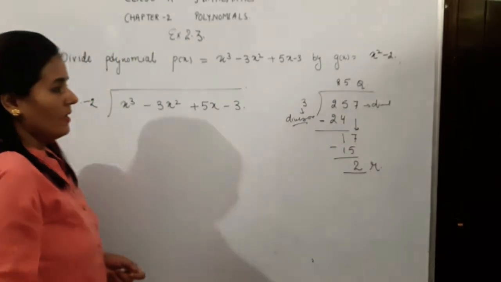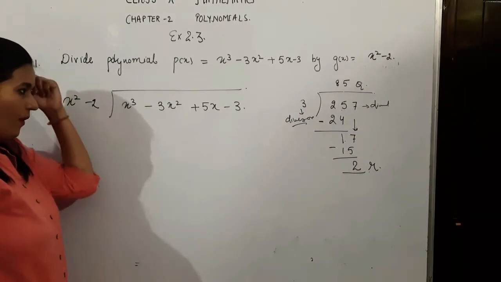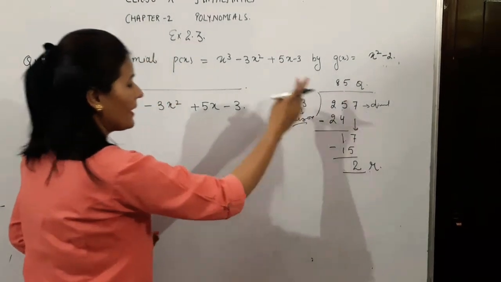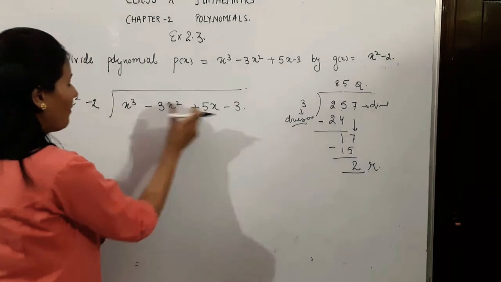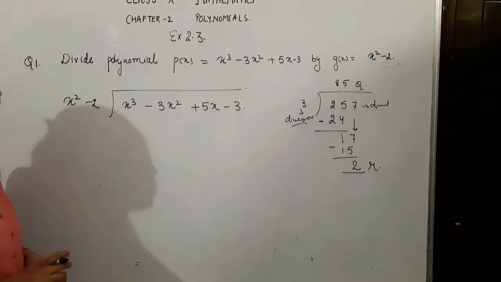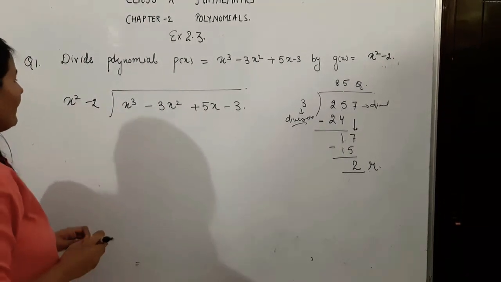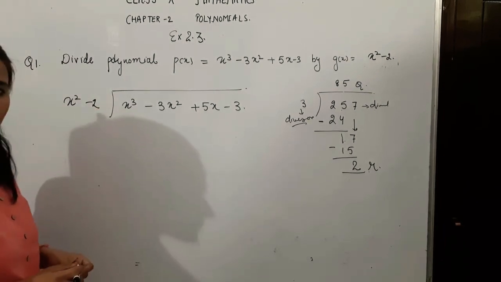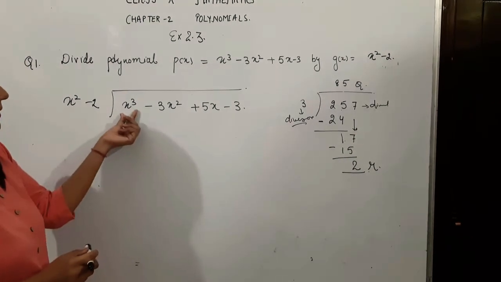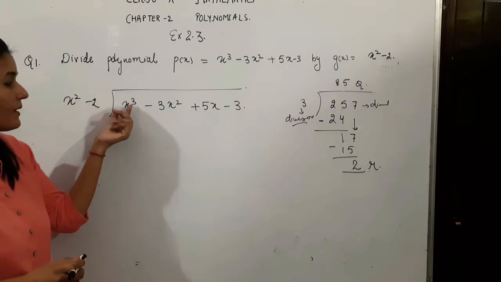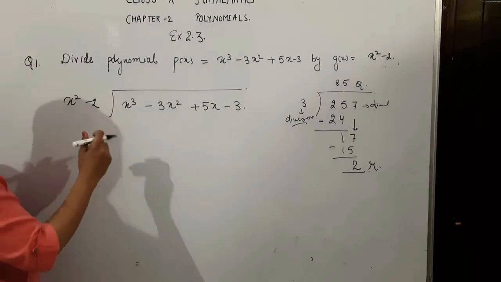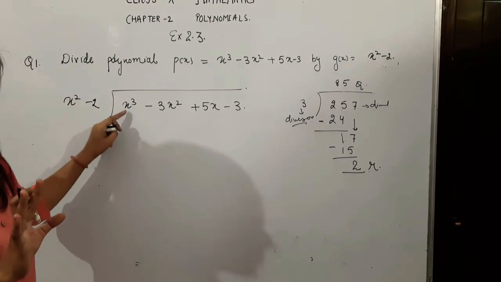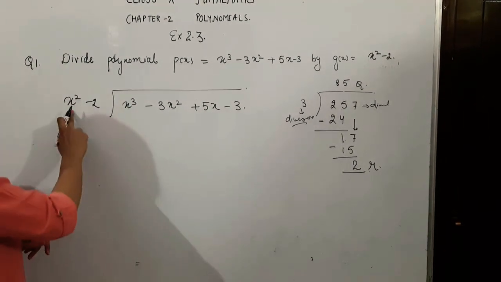Right? So same process we are going to follow, but what is the change? Here we were doing with the integer, but this time we have polynomials as dividend and the divisor. Same way you need to check with which number x square minus 2 is to be multiplied so that we get x cube. X cube we want to find. Here is no other option that we write smaller than x cube or something else. No, you need exactly x cube.